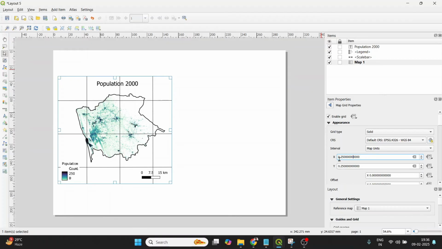All right, so what does it mean by specifying x is equal to 0.25 and y is equal to 0.25? It's nothing but the x is going to be 0.25 degrees and y is going to be 0.25 degrees. So 1 degree is equal to, I think, around 111 kilometers. So 0.25 degrees will be equal to, you can do the calculation. So here we are specifying the